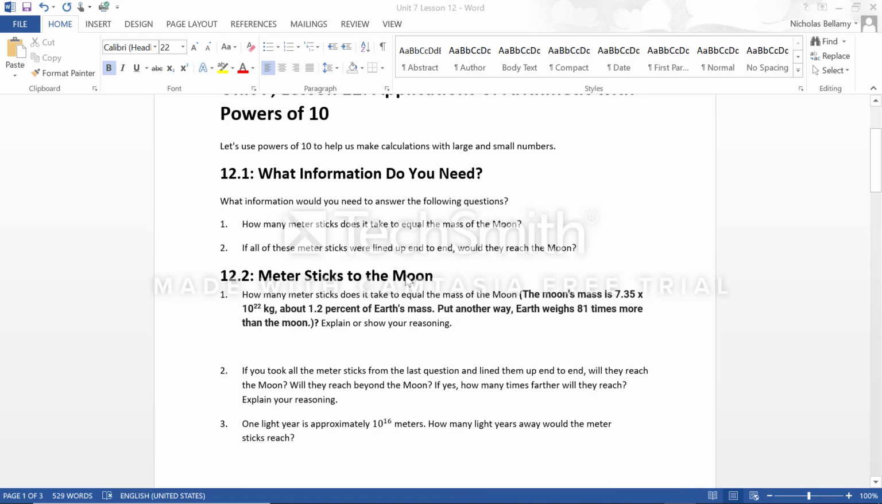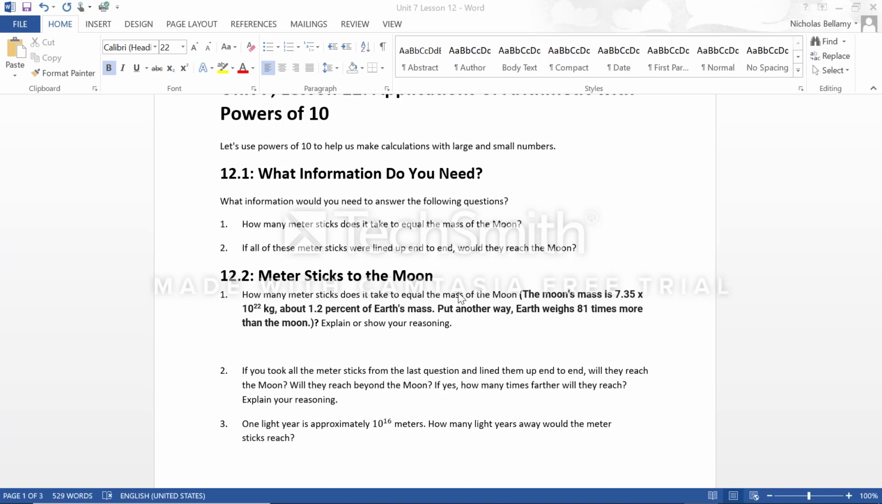And so when you look at this, we then have the question of how many meter sticks does it take to equal the mass of the moon, right? So the mass of the moon is 7.35 times 10 to the 22nd power, and that's kilograms. That's the weight, right? So no matter what that is, we need to figure out, number one, mass to meters,